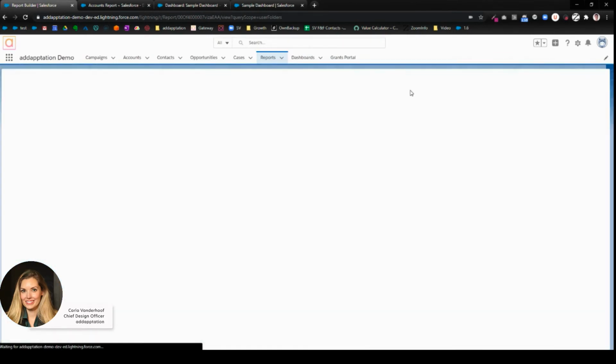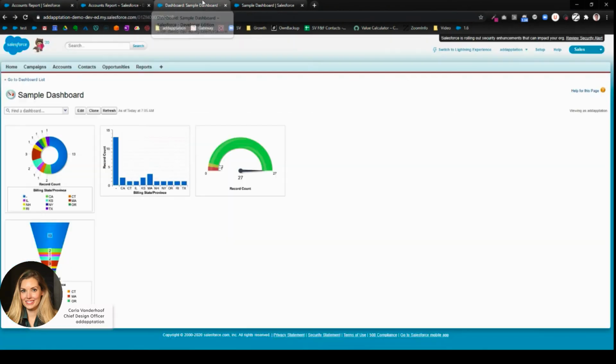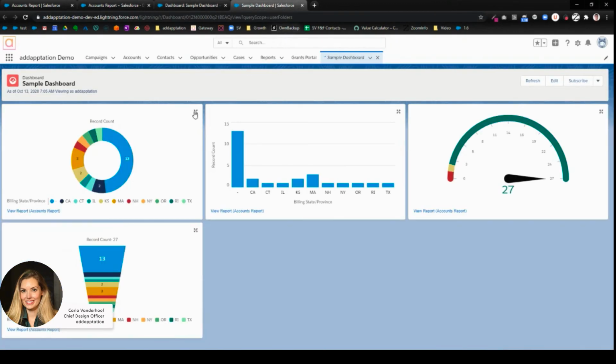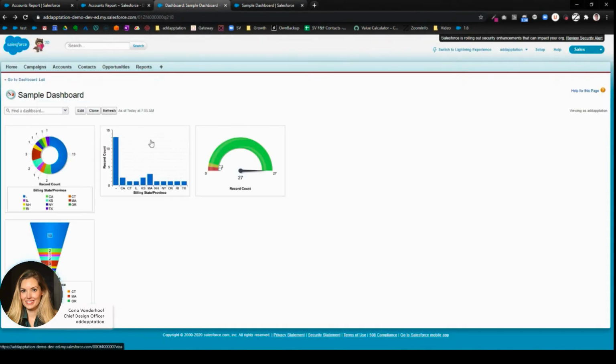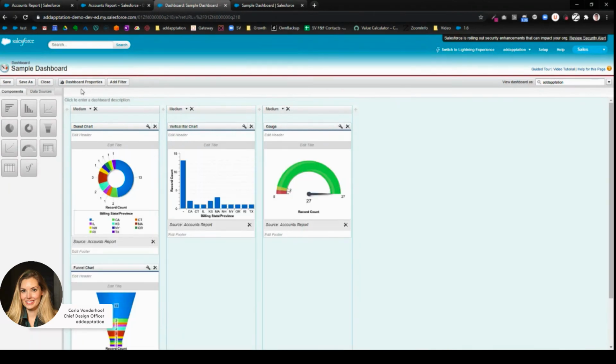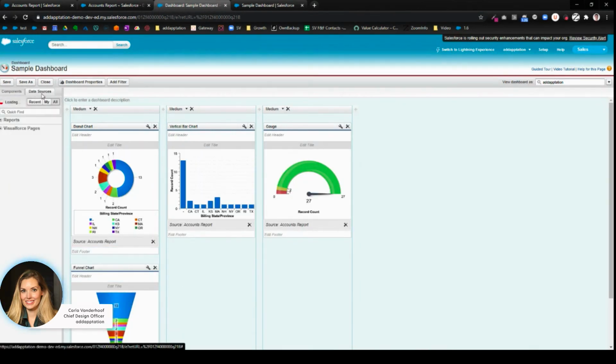Dashboards are the exact opposite. This is a dashboard in Classic for that same report. It's pretty bad. In Lightning, that same dashboard looks much better. The visual story told by the dashboard is more compelling in Lightning than it is in Classic. I probably don't want to edit the report in Classic. While the layout is the same and you might understand what to do, it's still not visually appealing at all. You have to go through a bunch of steps to try to find reports and learn this feature set,